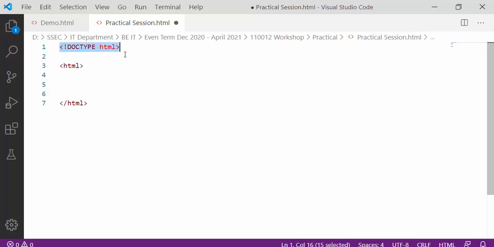It will tell the browser that the document is of HTML type, and the browser will display the web page correctly. It is not case sensitive, and this declaration is mainly used for HTML5, the latest version of HTML.